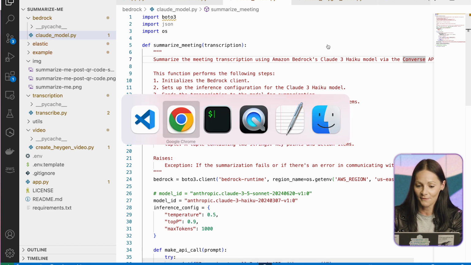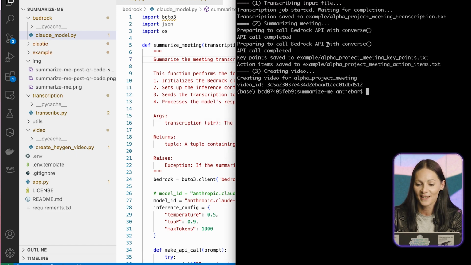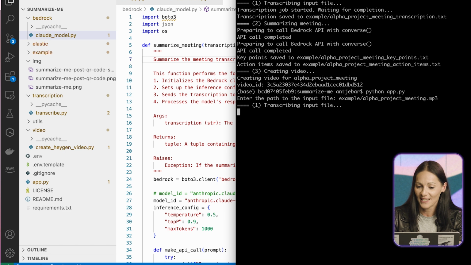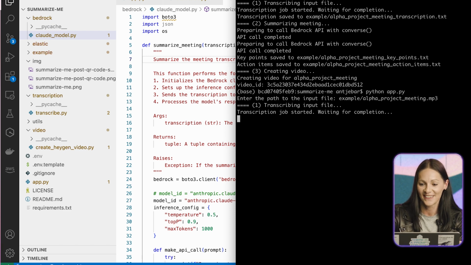And how it works is, if I just go here to my terminal window, you can call the app.py, and it asks for the input file. So here, I'm going to just paste the path here locally to my file. By the way, it's also shared in a public GitHub repo. Again, check the description here for the full code. And then we can see already the completed steps above here while it's starting another job. So first of all, it's sending it to Transcribe, and then it takes the transcription and sends it to the Bedrock API. And then also the third part is creating a video.